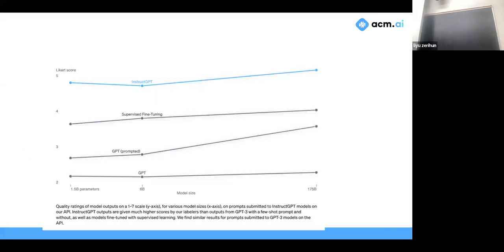So again, it's pre-trained off the internet. It's pretty bad. It's garbage. You prompt it, and it's seeing the pattern, but it doesn't really know what you want. You fine tune on good human data. And then finally, you do this reward modeling feedback loop signal, right? And this is how it works today.